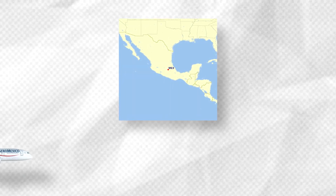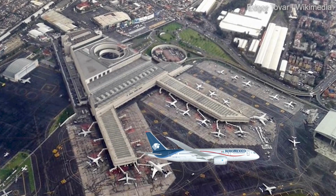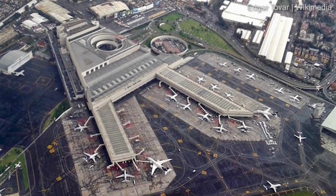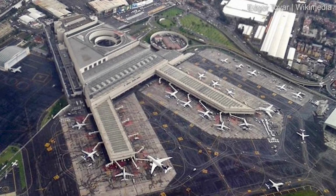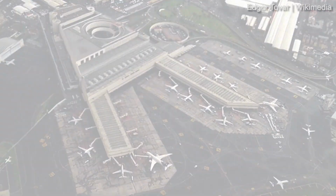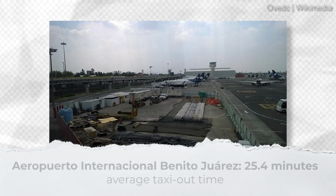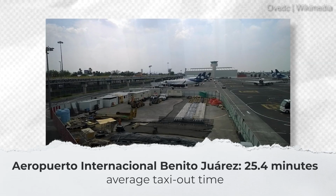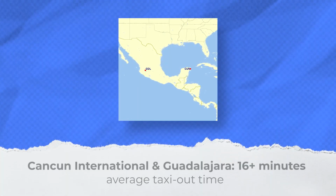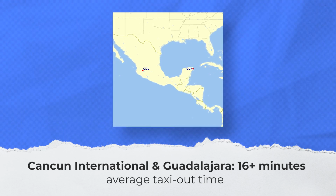However, closer to Shanghai Pudong is Mexico City. Benito Juarez International Airport, or MEX, is one of the highest in the world at an elevation of 7,342 feet, or 2,238 meters above sea level. It also has the current second longest taxi out time of any airport in the world, clocking in at 25.4 minutes on average. Other Mexican airports such as Cancun International, or CUN, and Guadalajara, or GDL, also come in at